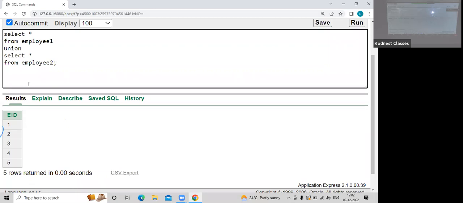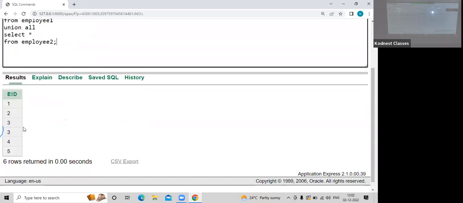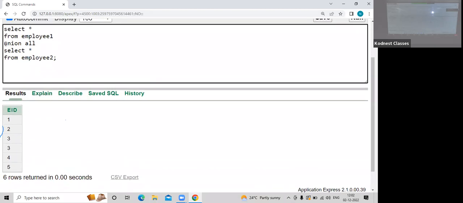Same way I told you about union all. So see here, if I say union all, this will also perform union, but along with that, it will consider the repeated value also. See, 3 is present twice. It will not avoid duplicates. This is what union all will do. Clear, everyone? Same way, if I am saying intersect,